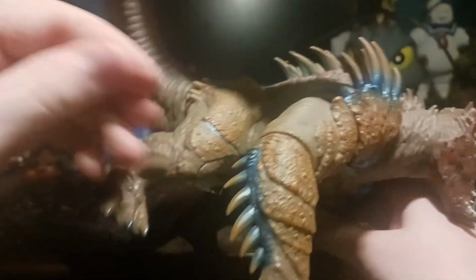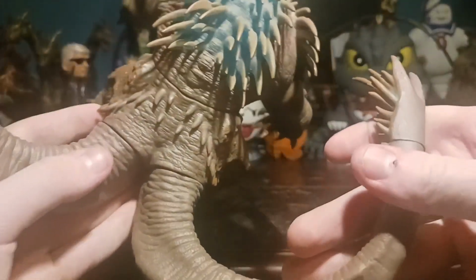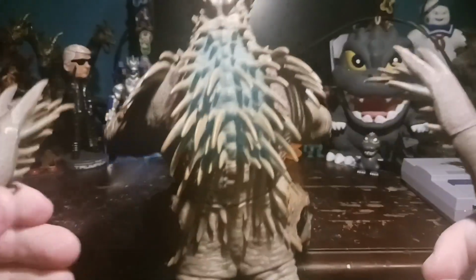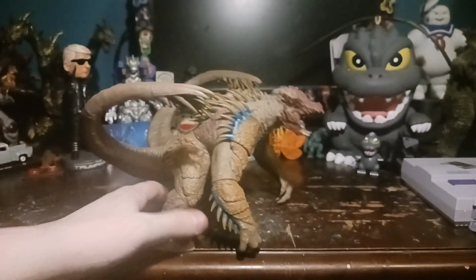Then we have the elbows. And that's really about it with spines. Oh, here we have it on his hips. But as you can see, they're all individually sculpted. Very nice. The base color, because